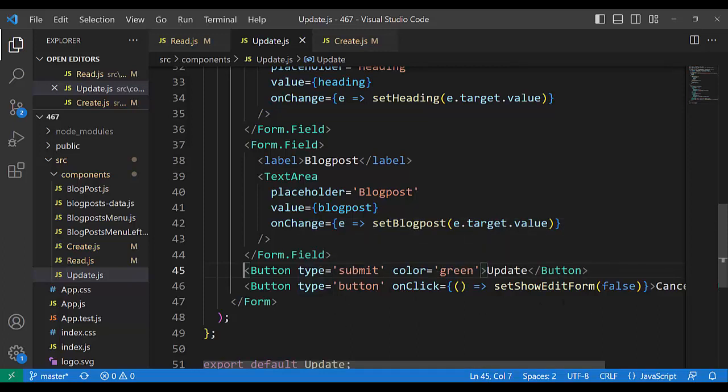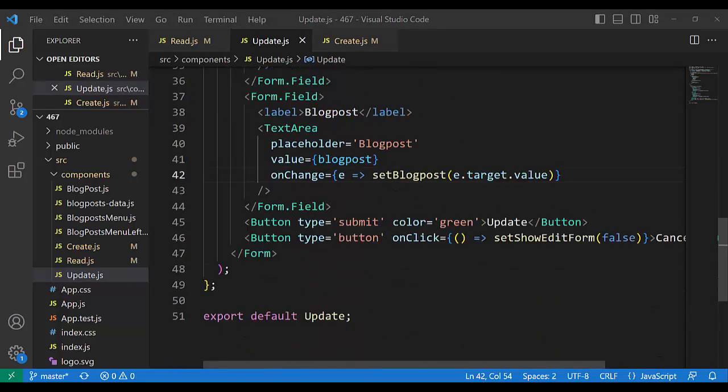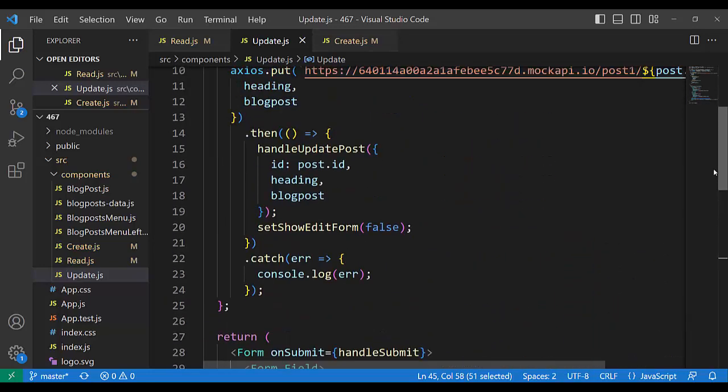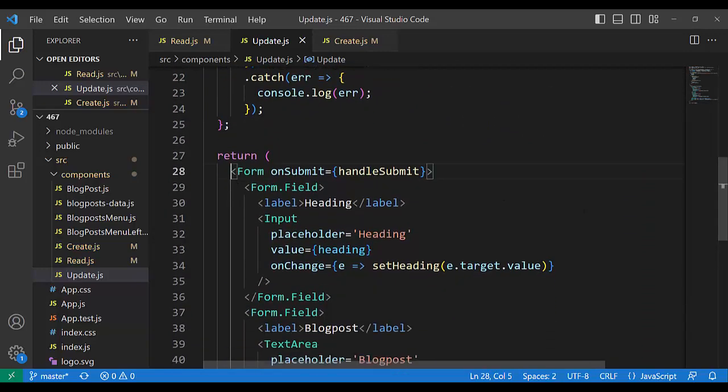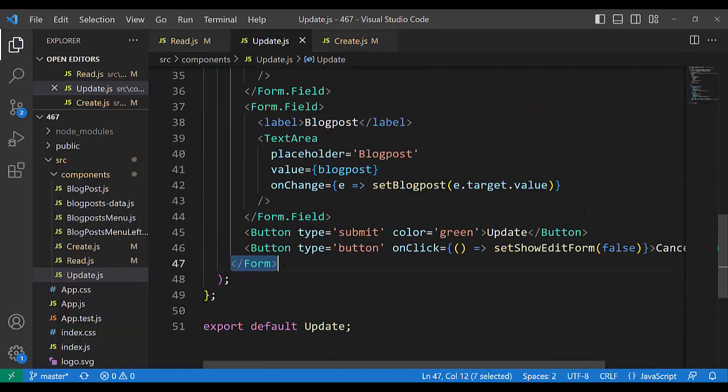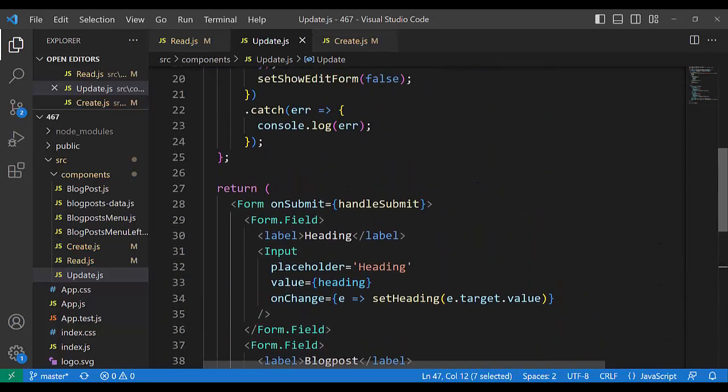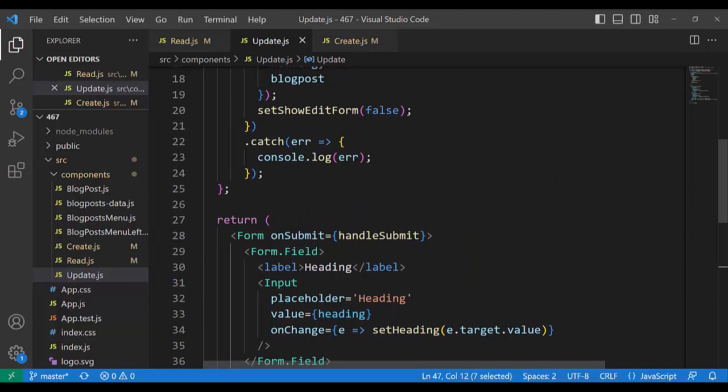Type button, on click show. I look here: where is on click? There is no on click. There is also another possibility like this. All this is a form. It is the end of the form, and in that form, here on submit, we have a call to the function handle submit,